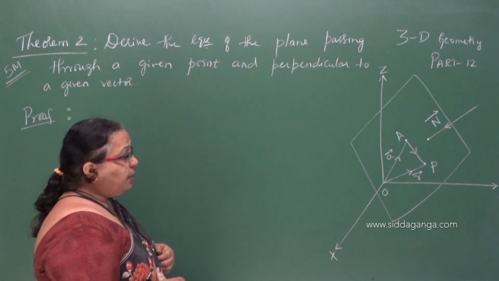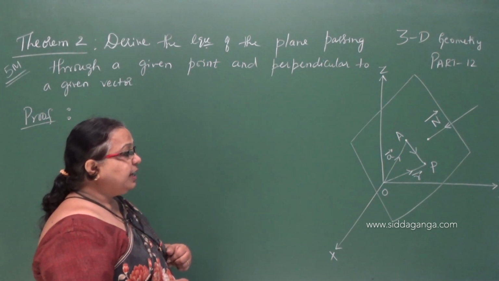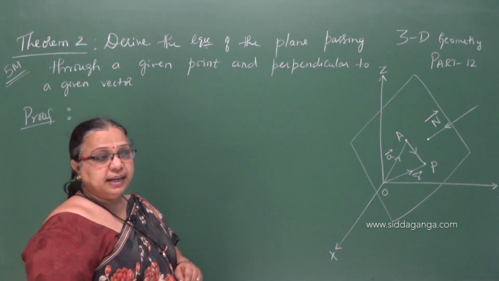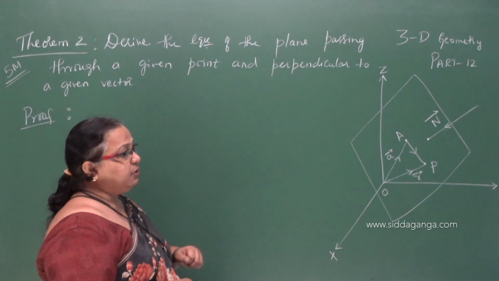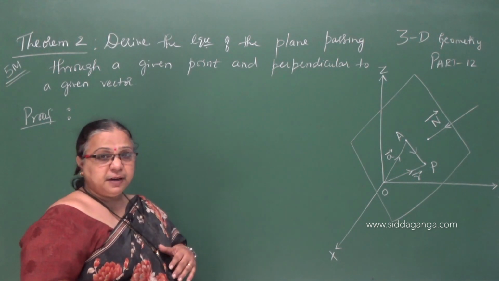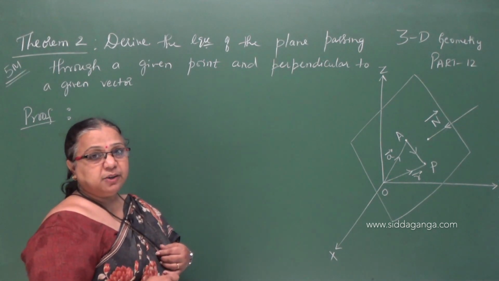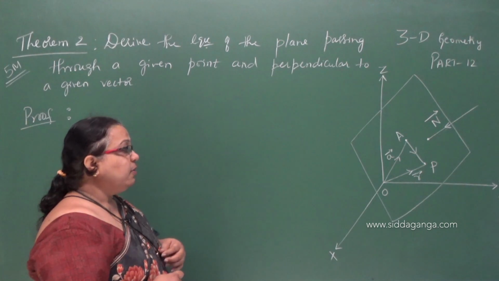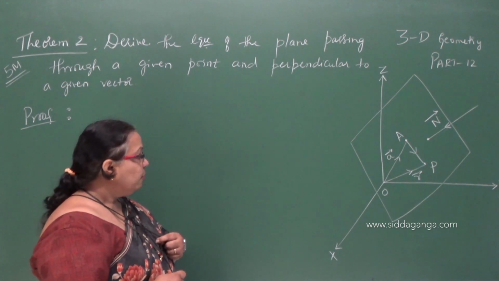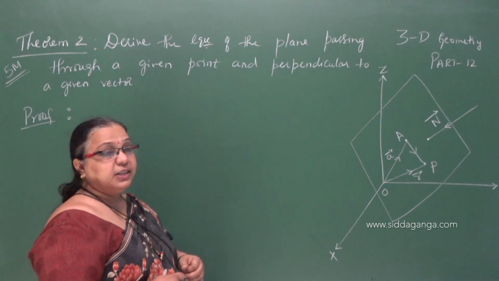So now the point that is here in the figure, vector AP, it is perpendicular to vector n. Here we have to take that concept. Vector AP, as in the first theorem, there also we used the concept of perpendicular. Here also we use the concept of perpendicular, and we have to write that vector AP is